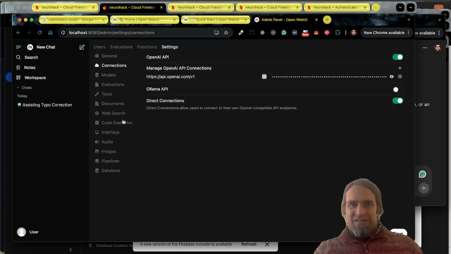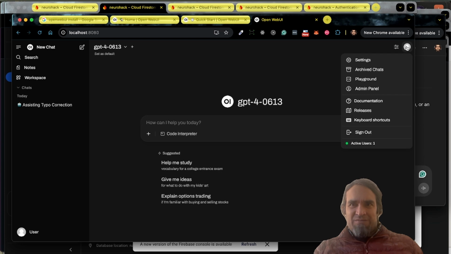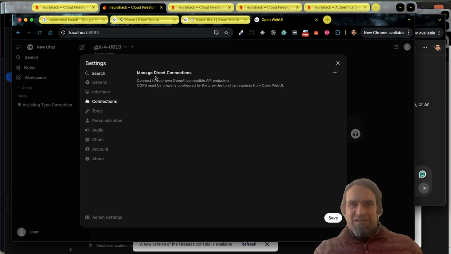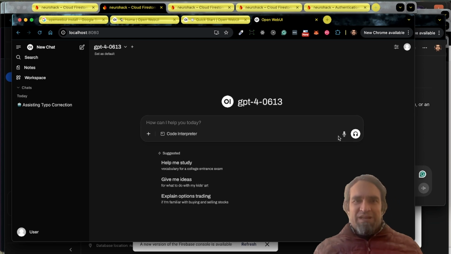This is the admin connections level, and this other is my user settings, user settings connections. For the admin settings connections is where I have put my OpenAI key, because we're going to be selling this product. Maybe we can disable soon as well this